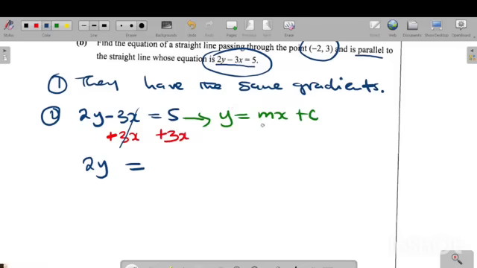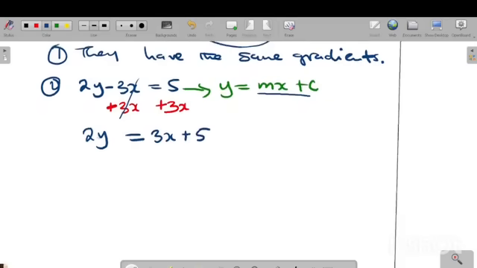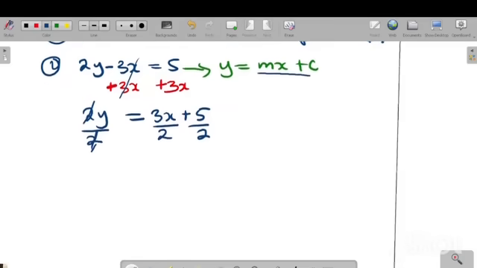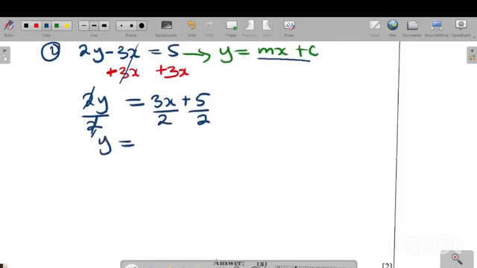Because you want your equation to be in this form, you start by writing the 3x first, then plus 5. Your aim is to get y by itself, so you have to divide by 2 on each term. So that cancels, then you have y is equal to 3 over 2 x